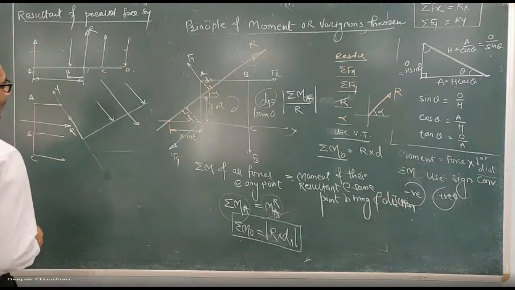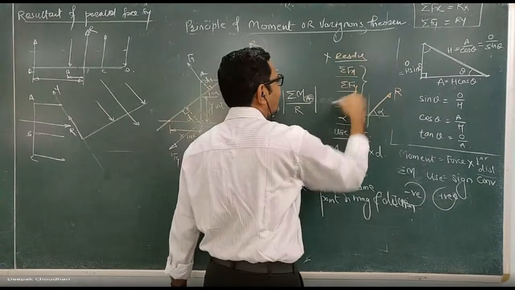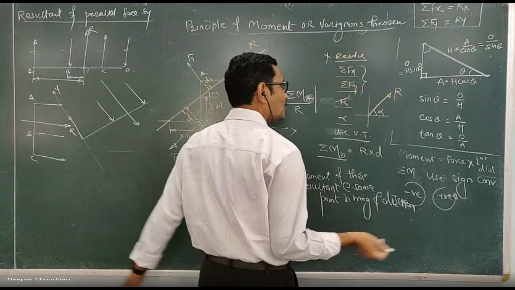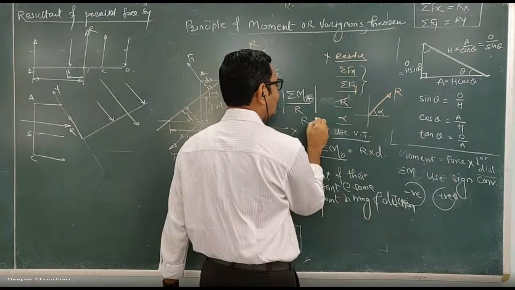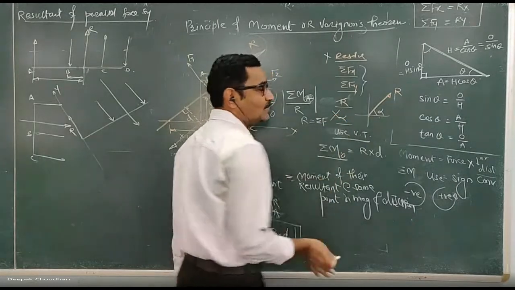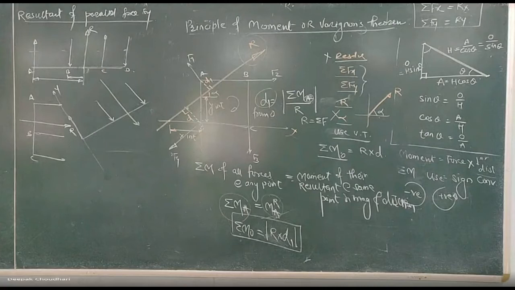And in case of a parallel force system, there is no need to resolve. You have to calculate only one of the two, summation of Fx or summation of Fy, because the other will be zero as the forces are parallel. Then R equals that sigma F, maybe sigma Fx or sigma Fy. No need to calculate alpha; just use Varignon's theorem, because in a parallel force system, the line of action of the resultant is always parallel to the line of action of the forces. Understood?